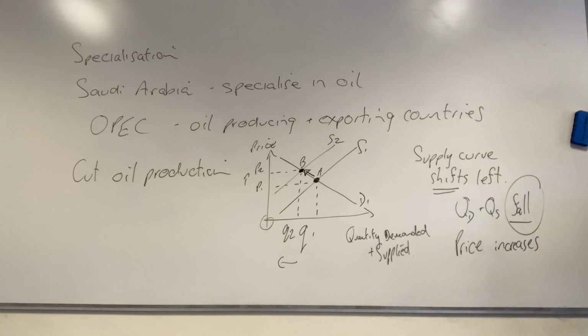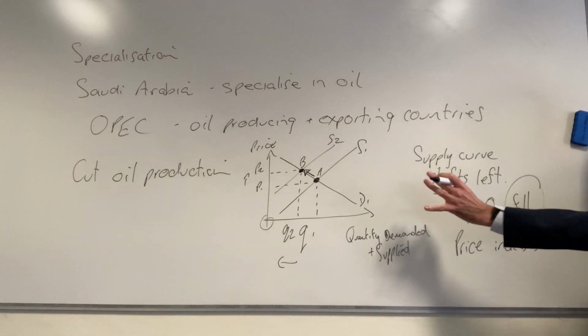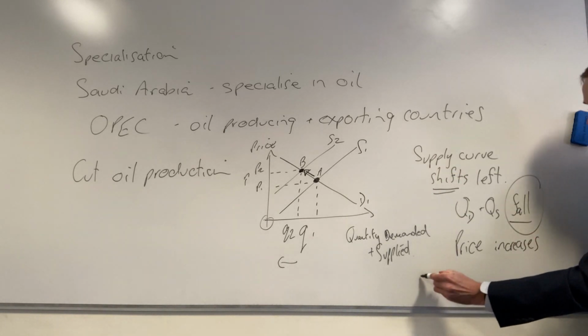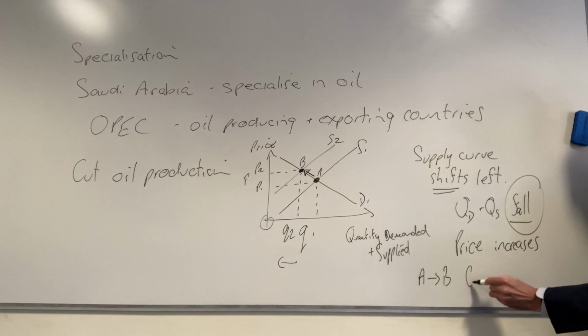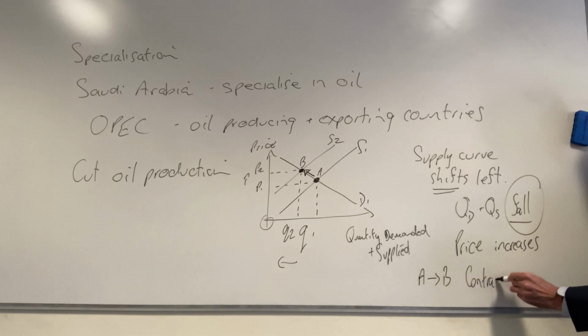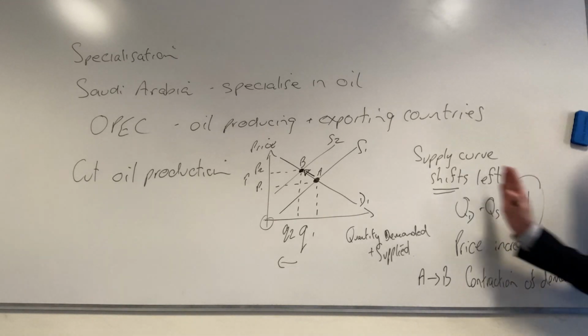And so what we say is price increases, supply shifts, but we would describe that movement from A to B, what we would say is that we see a contraction of demand. Because we're in effect moving